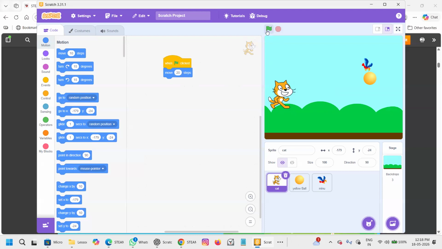Now I want to change it to 20 steps. Let's see whether it will move 20 steps. It will go out of the screen now. So we have to keep searching. So let's pull it back. So 20 steps is too much. It is going out totally. So we'll put it to maybe 5 steps, because when we want to do the game, we want it to move 5 steps and then kick the ball.